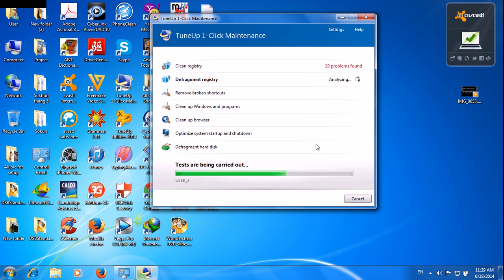Now we see clean registry has 19 problems found here, maybe the files for clean registry.